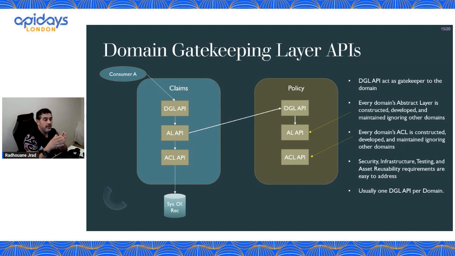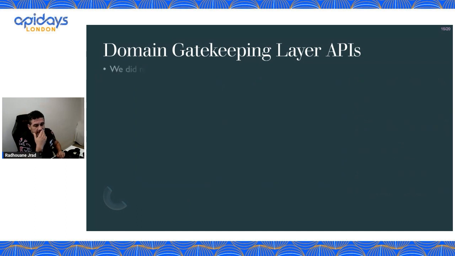Usually we have one API per gatekeeping layer, per domain. Usually it's RESTful, but you can have a couple if you also want to have SOAP and whatnot. There are ways to do it to make it efficient, but usually you can number how many APIs you need because you look at how many domains you have, and probably few of them also have SOAP requirements or anything of a different style.